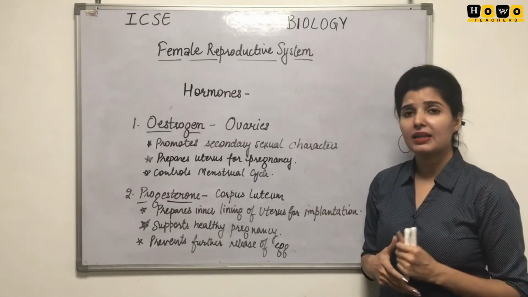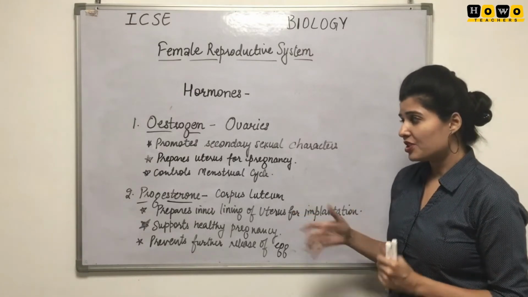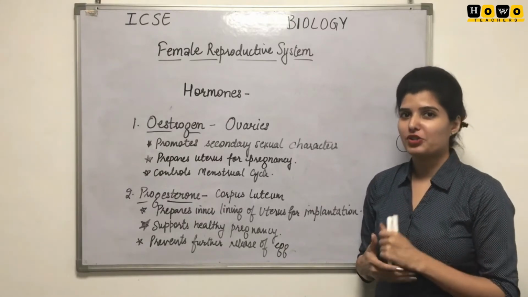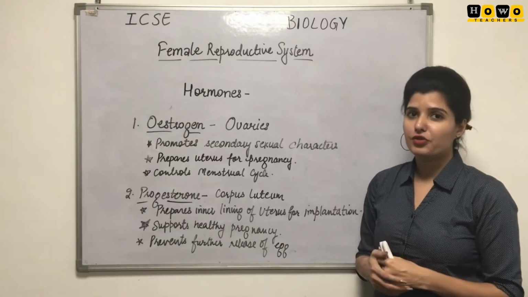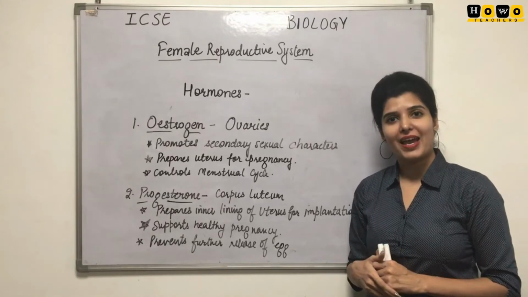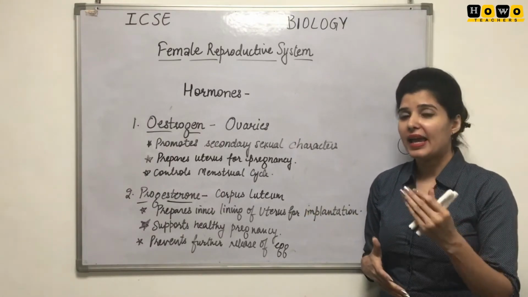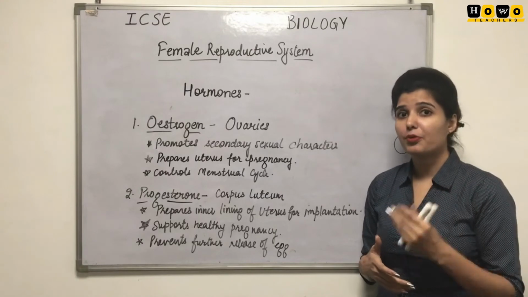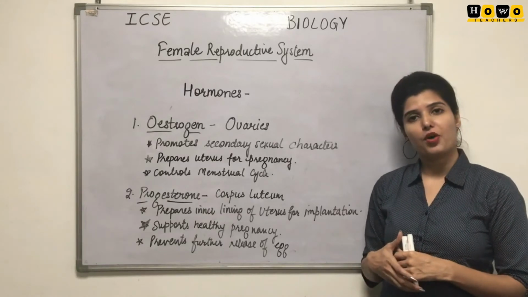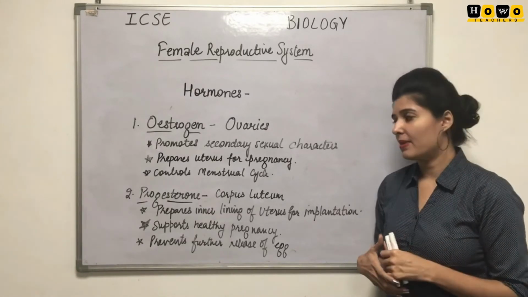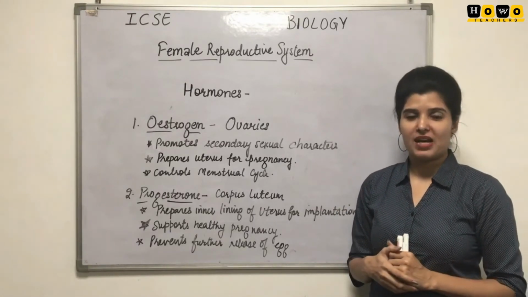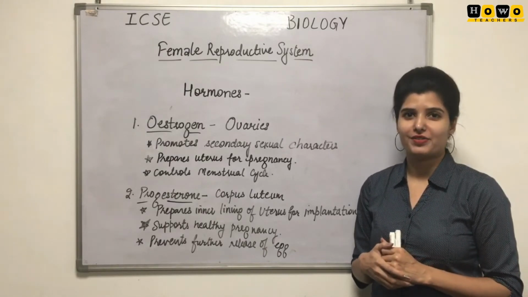With this, it becomes much clearer that progesterone is secreted by the corpus luteum when there is the formation of the zygote, or when there is the fusion of the male and female gametes. That is why it prevents the further release of the egg. For a healthy pregnancy, the egg is not further developed. If the process of pregnancy has started, then no egg will be released from the ovary for the next 9 months. So that is how estrogen and progesterone hormones are very important in the female reproductive system.